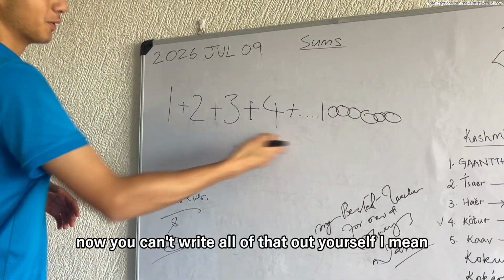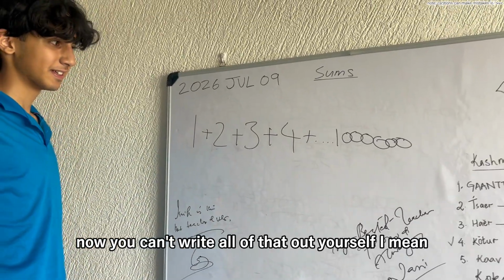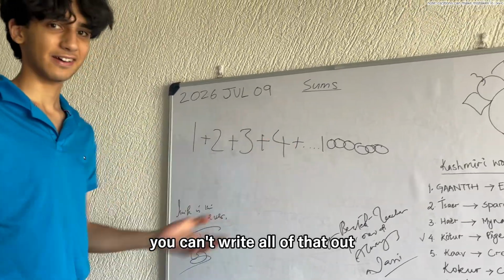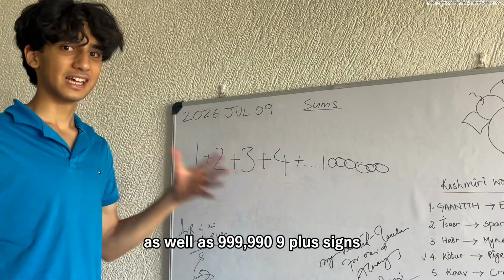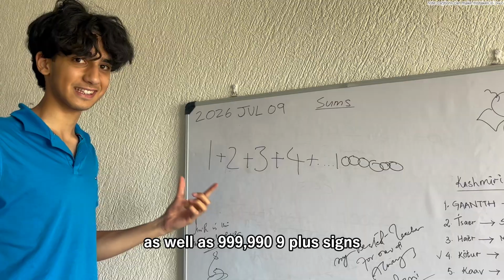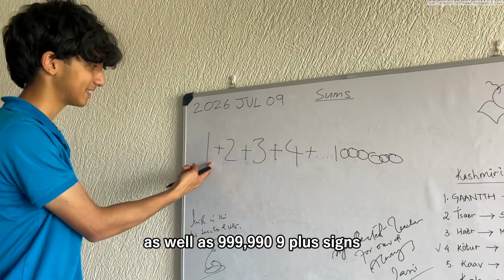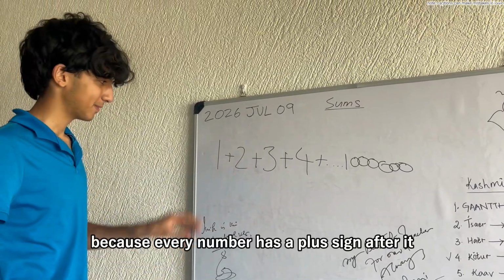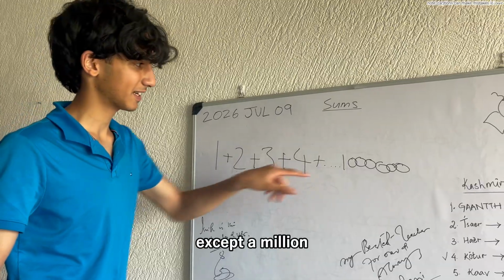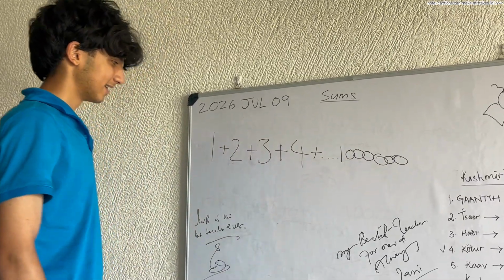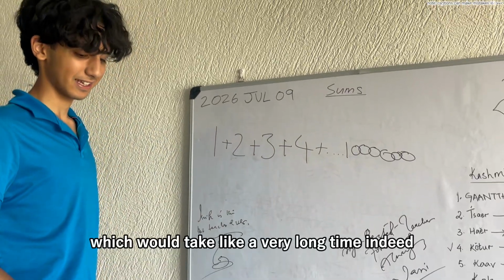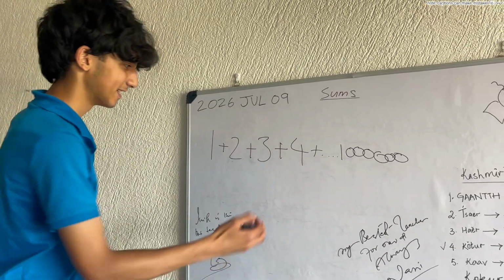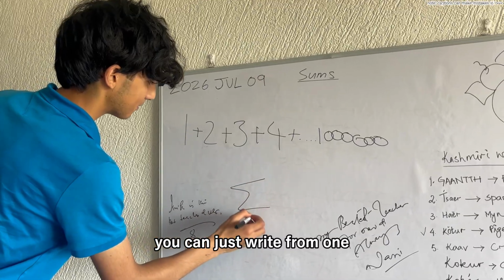Now you can't write all of that out yourself. I mean, you can't write all of that out. You would need to write all the numbers from 1 to 1,000,000, as well as 999,999 plus signs. I know that because every number has a plus sign after it except 1,000,000. Instead of writing all that, which would take a very long time indeed, you can just write from 1